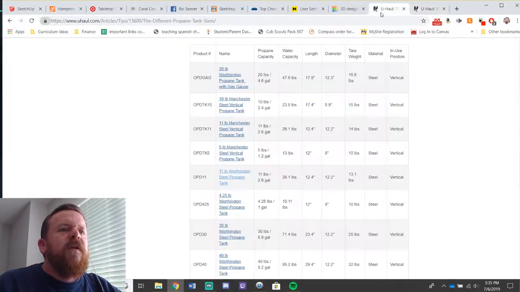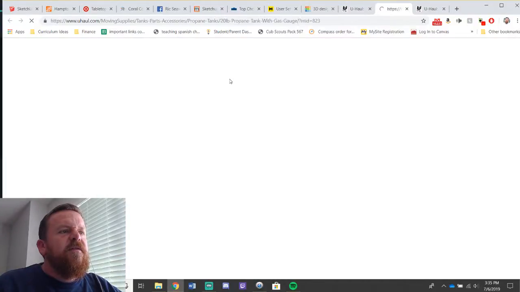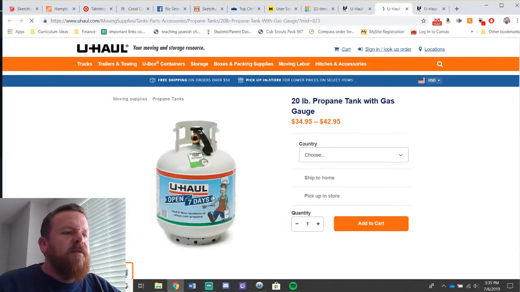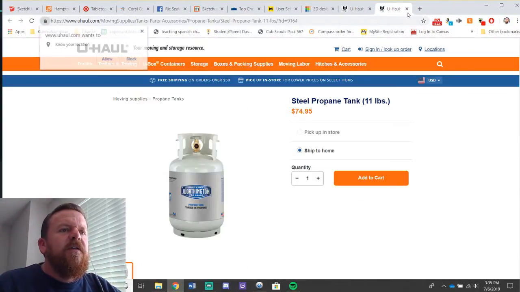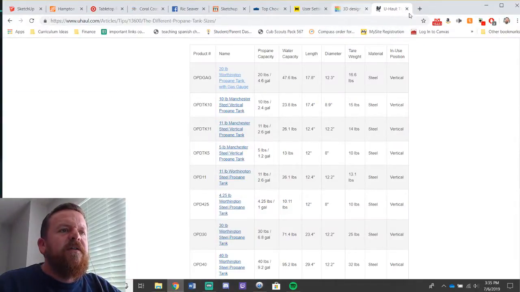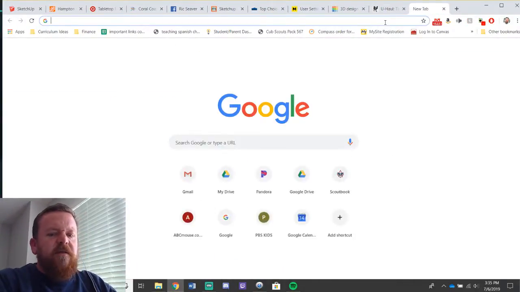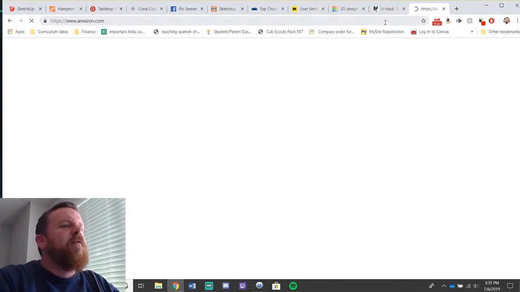Okay. So the common size is going to be this 20-pound propane tank. This is what most people use for grilling and stuff like that. It seems too tall for under a coffee table. So I'd like to find a smaller one. Let's see.